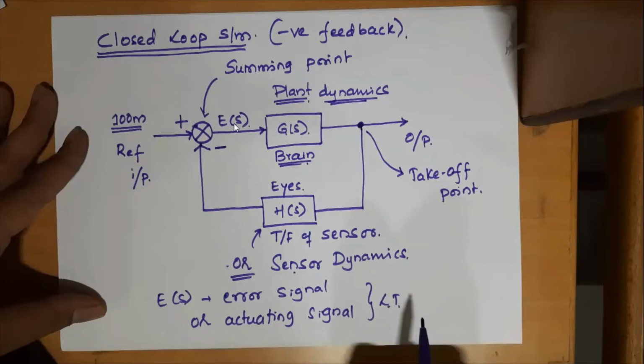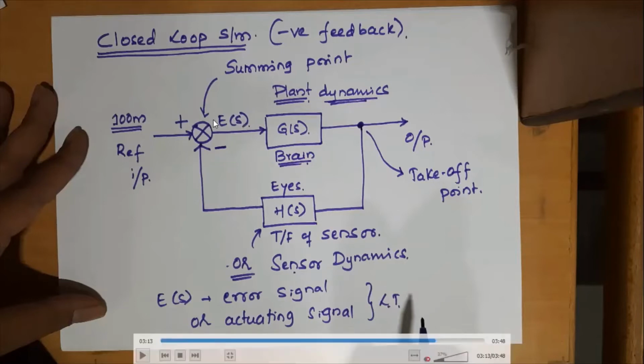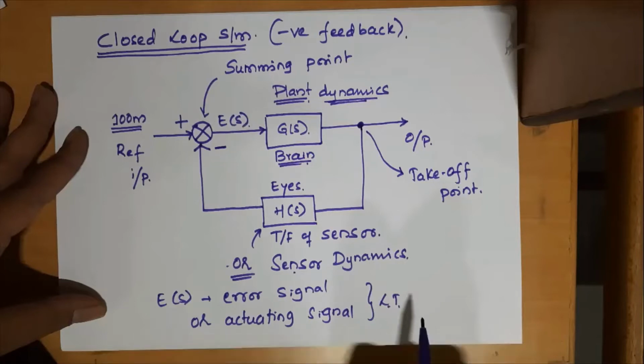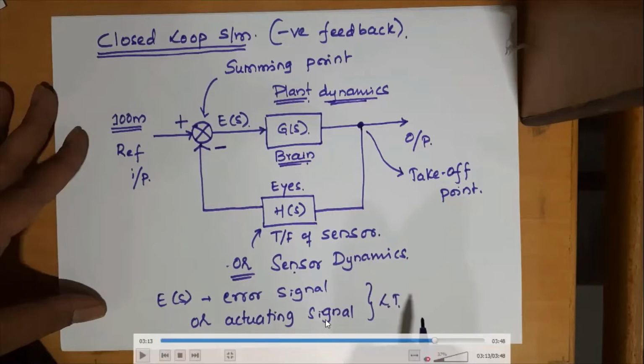It is 100 meters, obviously. So it indirectly indicates there exists an error of 100 meters to reach your goal. Okay, to reach your goal. So that can be termed as an error. And in other terms, it is called the actuating signal, because